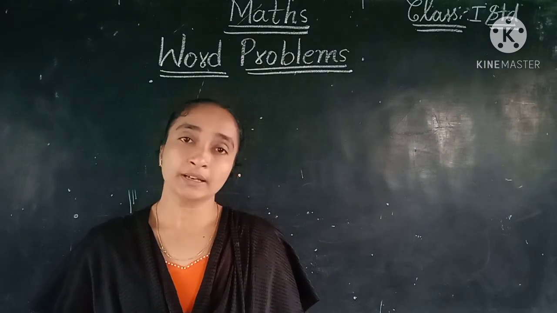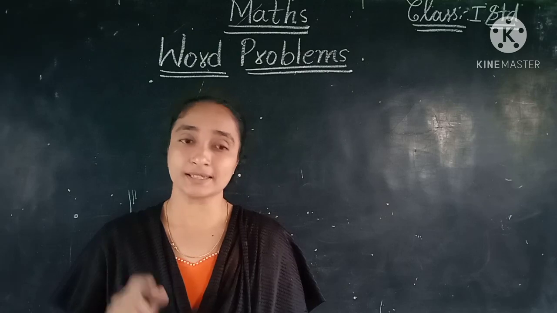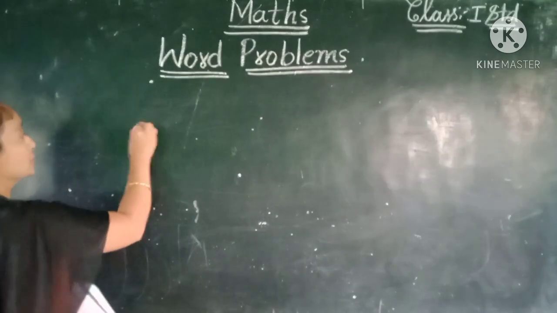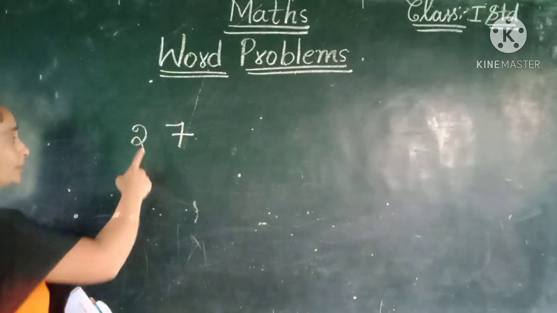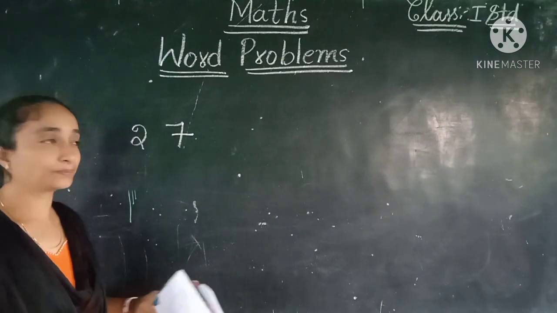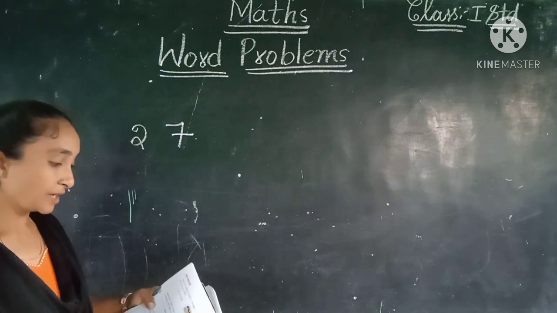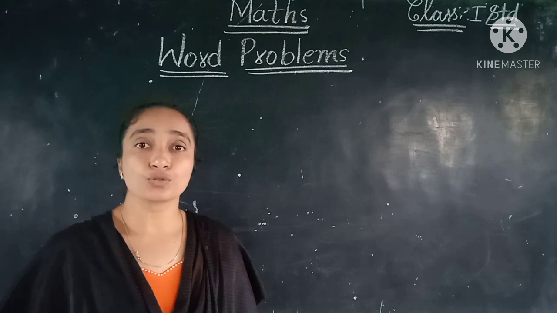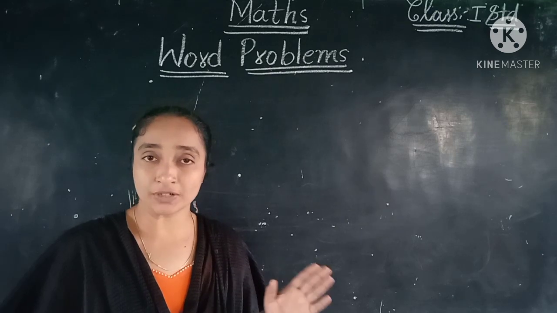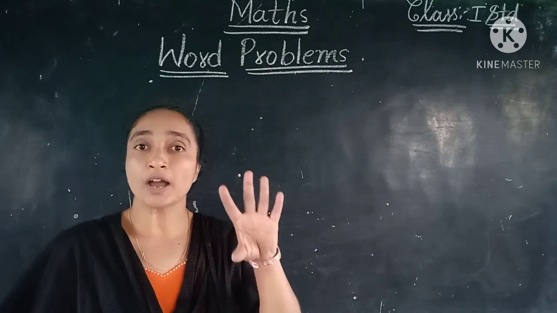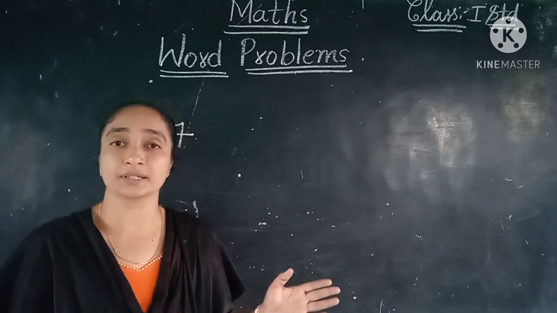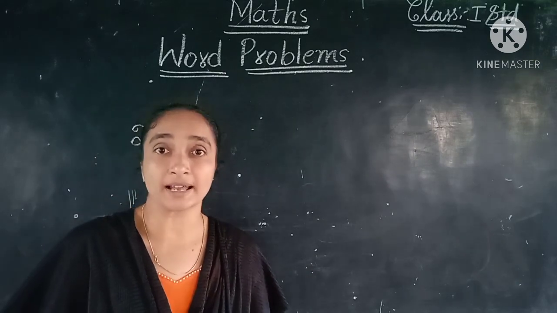So in that school, in a C section class, in first class only C section, there are 27 children out there. 27. So here we can see, children, 2 tens, 7 ones. 5 children are absent. So 5 members are absent. How many are present? Among the 27 children in C section of first class, 5 children are absent. They didn't come to the school, they didn't attend the school, they are absent. Remaining how many are present, they are asking.